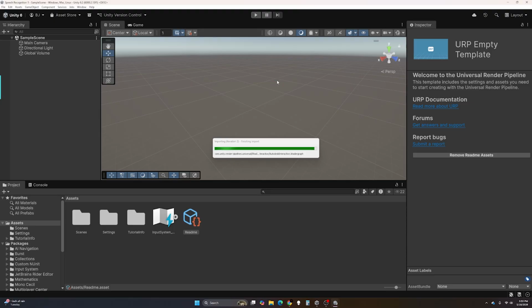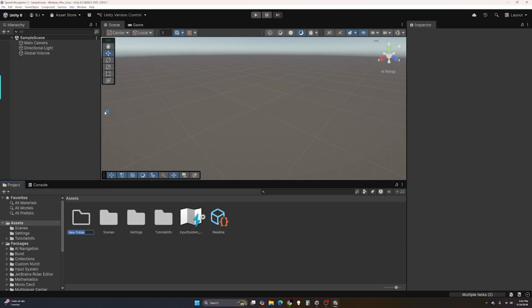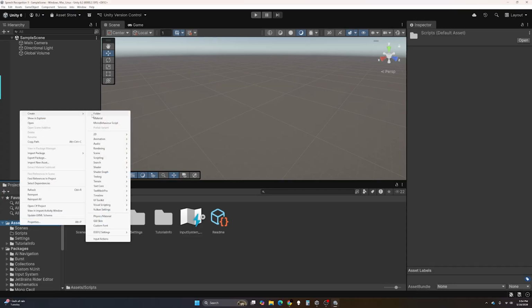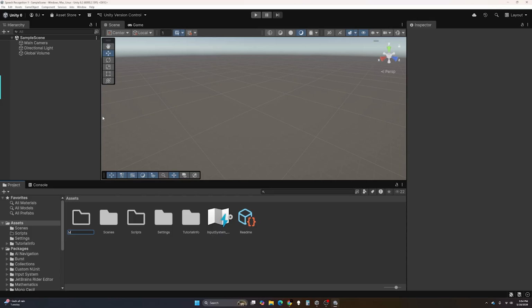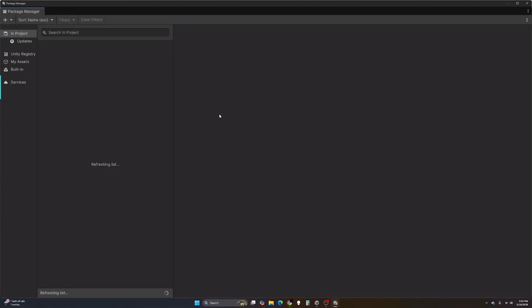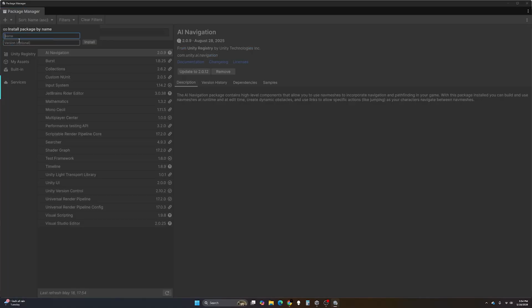So now we are in a blank project. So the first thing we're going to do is create a folder called scripts. And then we're going to create a folder named models. All right. And now we're going to go to Window, Package Management, Package Manager. Click this plus sign right here, install package by name,